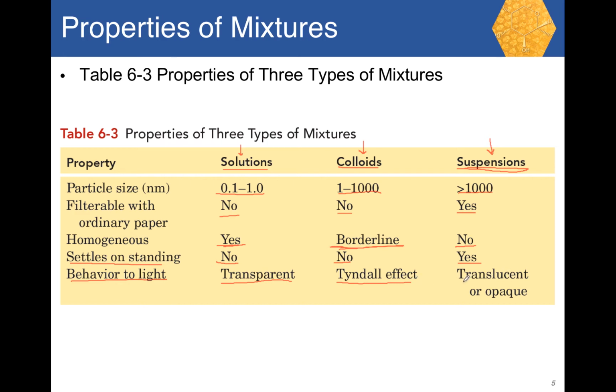And of course, if it's a suspension, it's translucent or opaque, which means the light is blocked. It doesn't go through it. So these are the differences here. So what you should get from this slide is, if given an example,